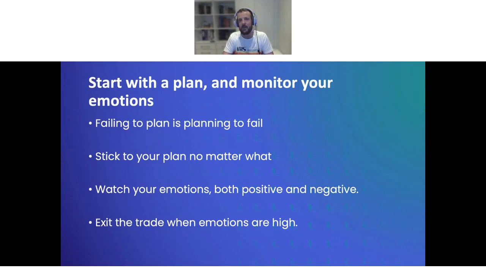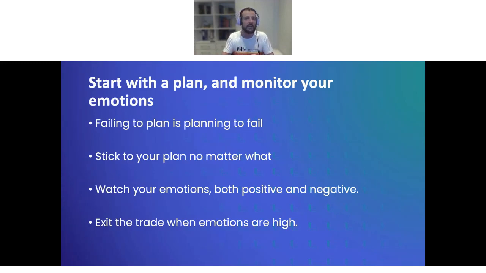Once again, you need to note that emotions and logic can't exist at the same time, in the same place. Just applying this simple methodology to what you're doing will definitely improve your ability as a trader, your win rate and your success rate. It is hard, but at the same time it's also quite easy, because once you make the decision to say, that's my plan, I'm sticking to it no matter what, it's actually quite a nice feeling, both when your plan goes according to plan, and when it doesn't. When you do get stopped out, it means your plan was executed. What you said was going to happen, and what you planned for, happened.